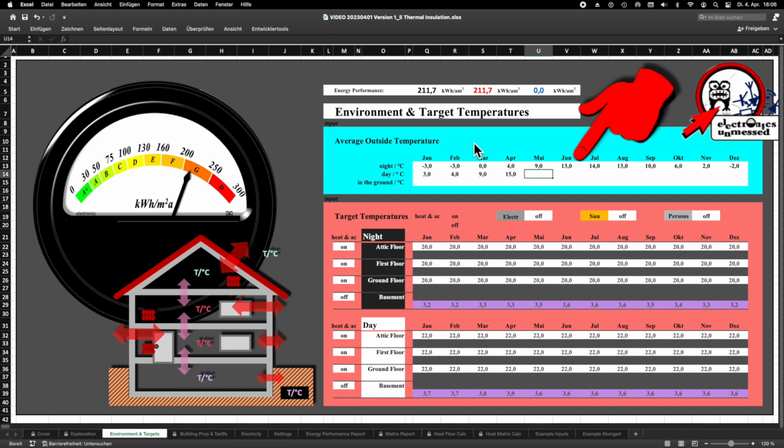For example, it might be worth looking at an extremely warm year or an extremely cold year. You can easily change the data yourself accordingly. For now, we will stick with the average day and night temperatures that we have inserted above.